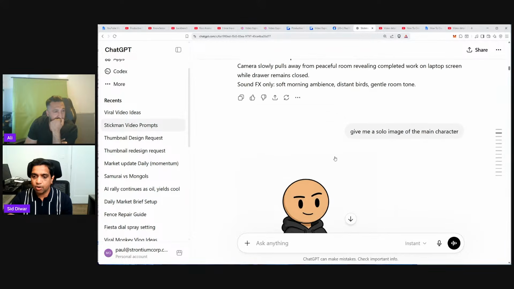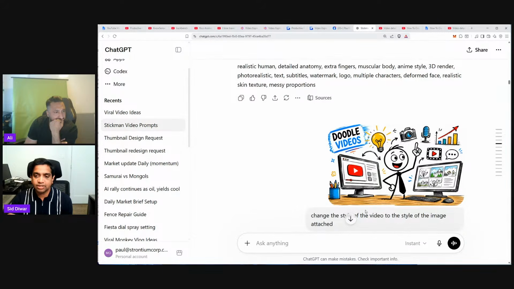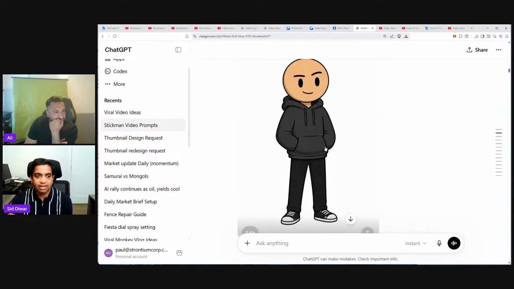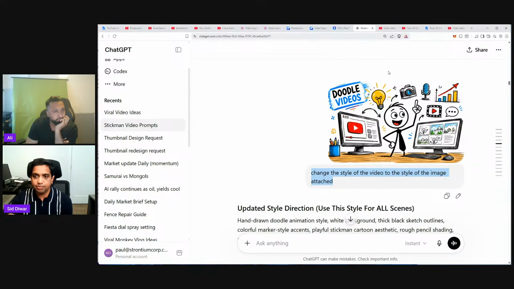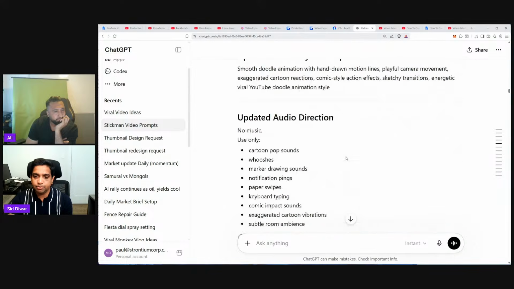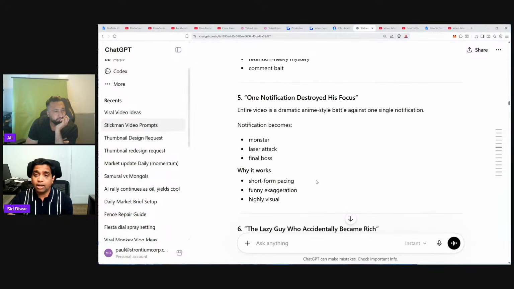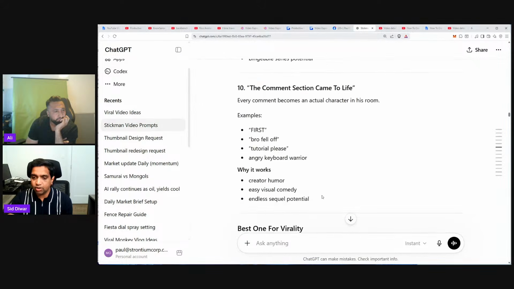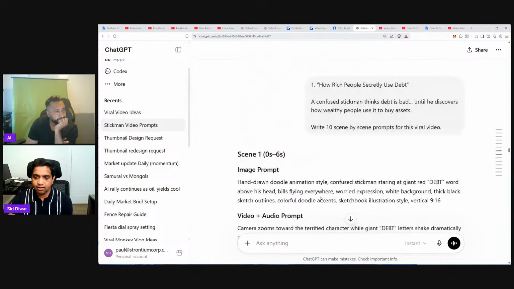So then I get the character prompt and then I create the character. And I wanted to create a different style of doodle video. You see how this is more colorful, like this guy's a 3D character. Now I got this image from somewhere on Google. And then I said, I want to create a video in this style, like the image attached. So then it updated the style directions and gave me the scene by scene prompts and topics for creating this kind of video. Now I took the character, I said, okay, now give me the prompt for the main character. And I went into VideoExpress and I created the main character with